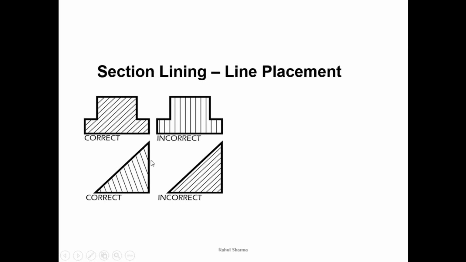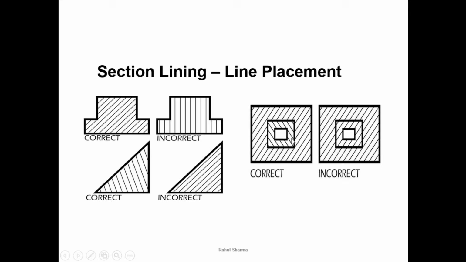We see one more example of a rule. In this, we are taking the hatch lines in different directions. Why? Because in this assembly, if I take the same direction, it is not following one rule, that inside the hatch pattern there should not be any line. If it is a single object, it should not come like this in the same direction, and if it is an assembled one, it should have two different directions. So this is wrong and this is correct. Try to understand, match it with the previous rules which I have given you.